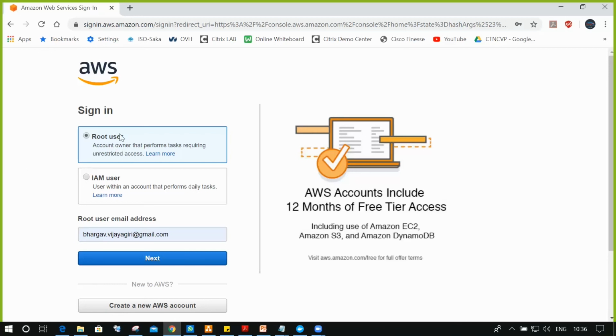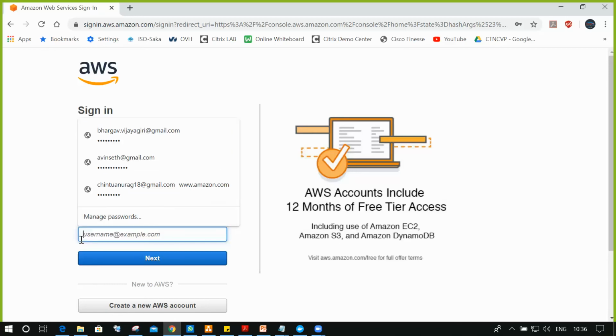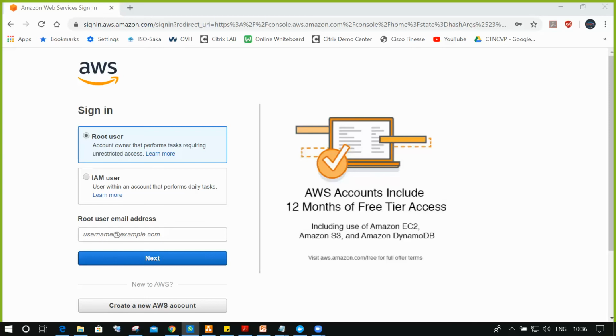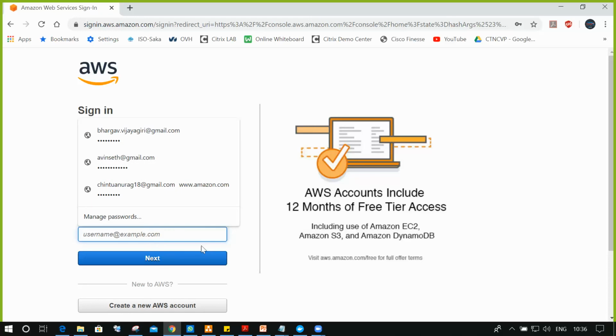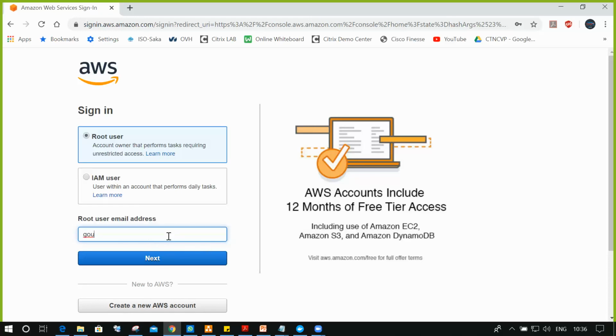Now I'm selecting root user. I'm removing this and pasting the mail address. I just click on next.